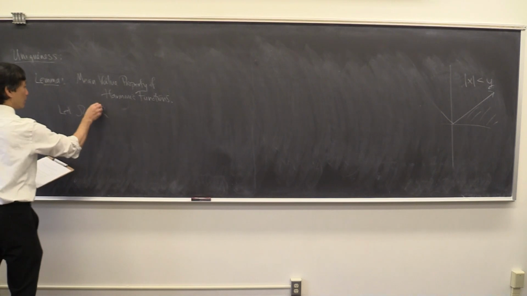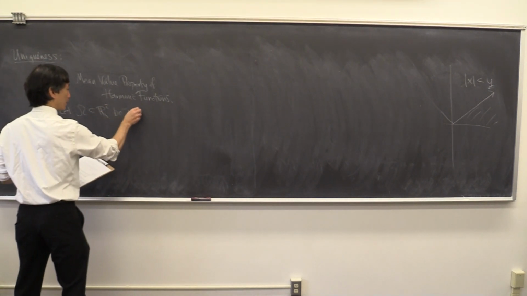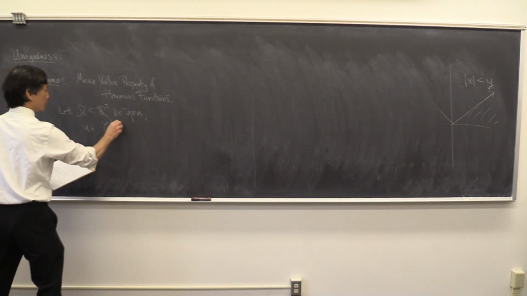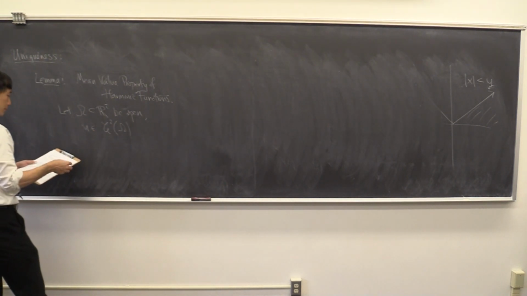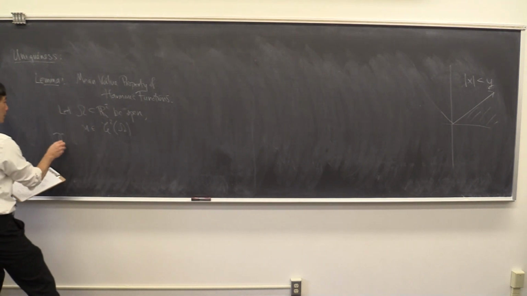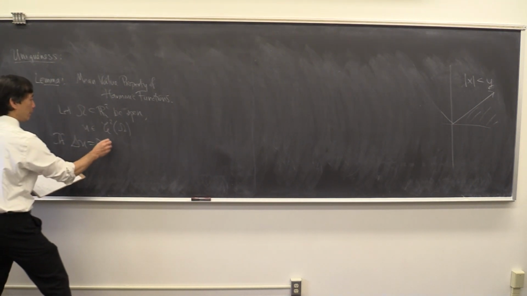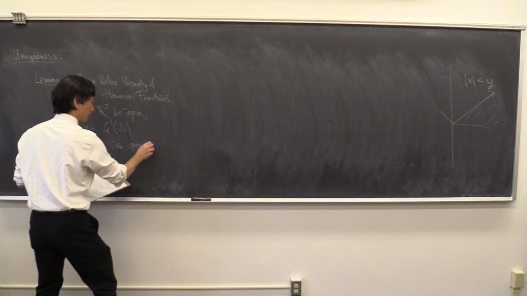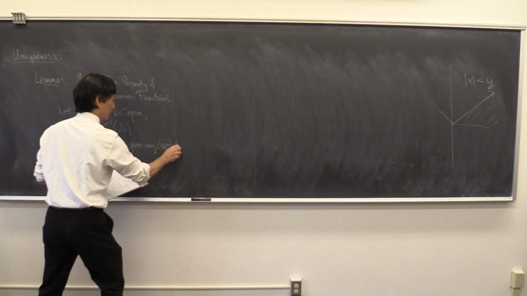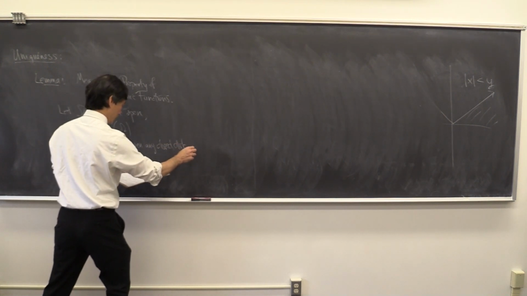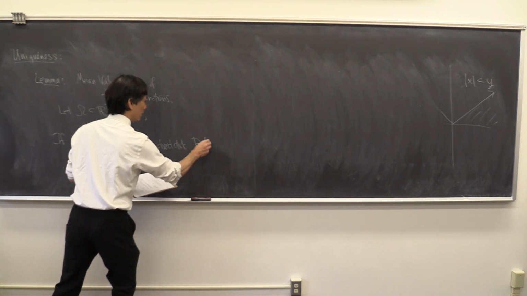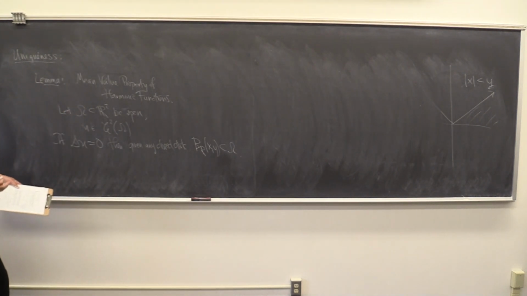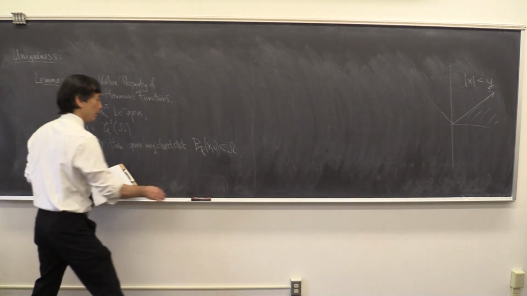Let omega be an open set, and u be twice continuously differentiable. If u is harmonic, then given any closed disk B_R(x,y) in omega, so any closed disk centered at some point (x,y) of radius R in omega,